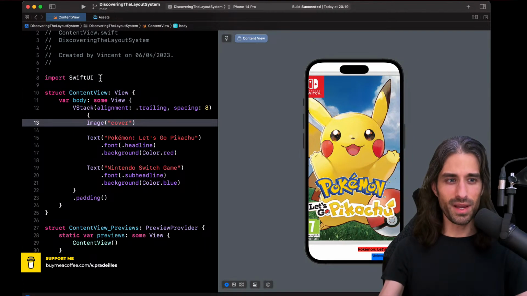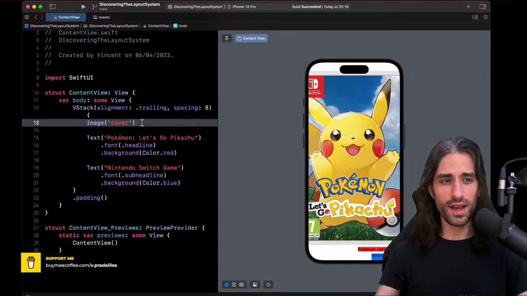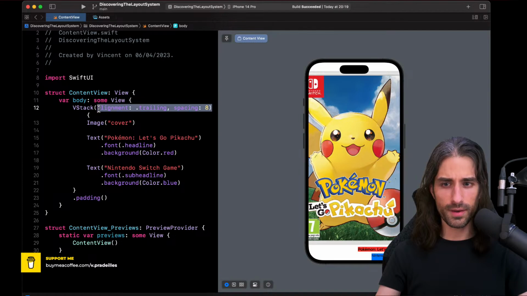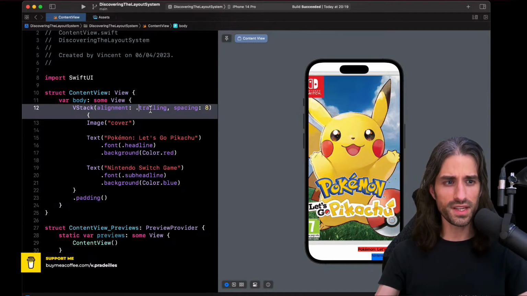All right, let's get back to it. So I was back to saying that the image takes all the space it needs to render at a 100% zoom level, we could say. So I'm going to still keep these things because I want to point out the fact that the layout we ask for the VStack is still kind of respected when you take into account how image behaves, because we still have a trailing alignment, except that since the image has drawn outside the screen, the trailing edge is outside the screen, and so that's why a part of our views are now displayed outside of the screen.